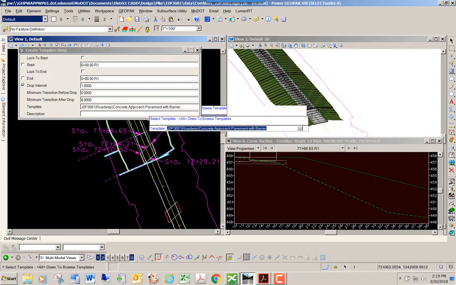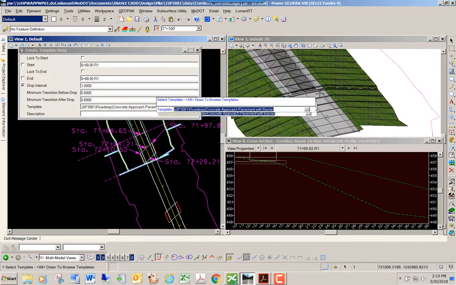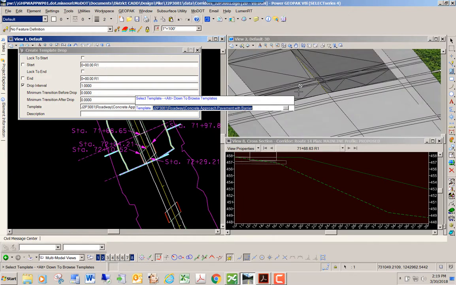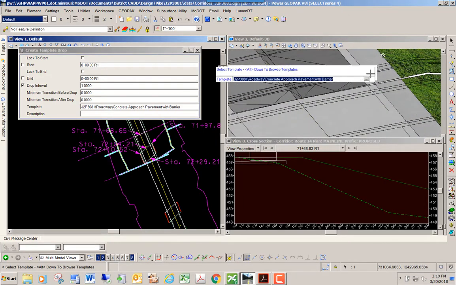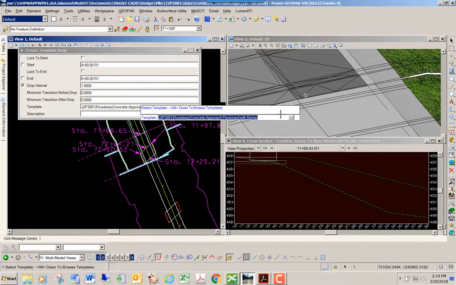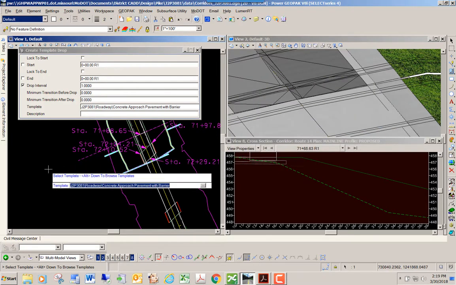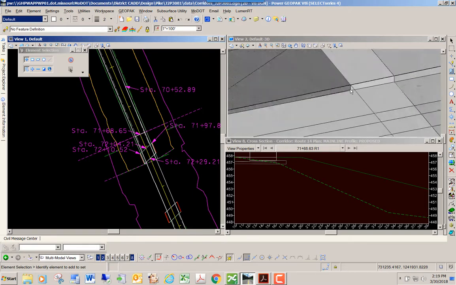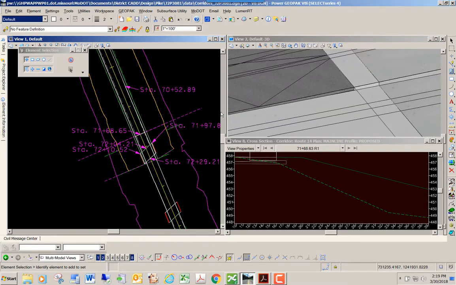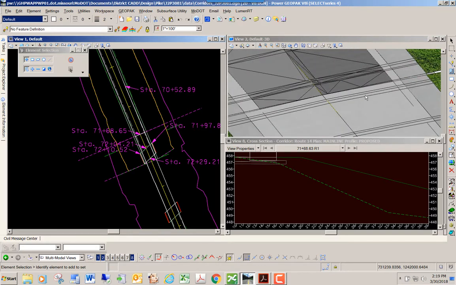Okay. If we look in our model, you should see the approach pavement in there now. It looks different than the overlay and widening. Here's the overlay and there's the widening, but you'll also notice, I'm going to hit F4 because it's still wanting to drop another template, to get out of that tool. You'll notice that there's a gap there, and that's why we measured the slopes of the overlay and widening so that we can adjust the approach pavement